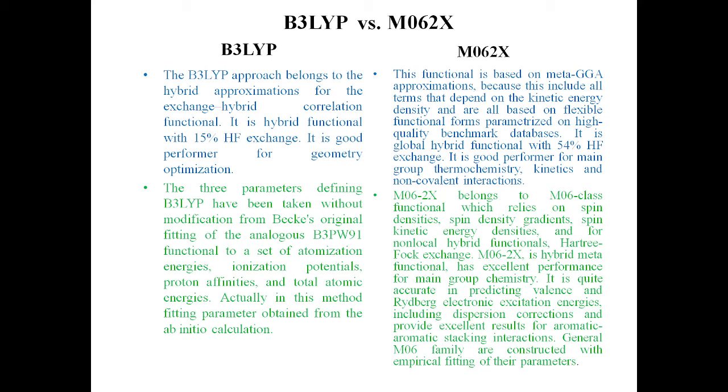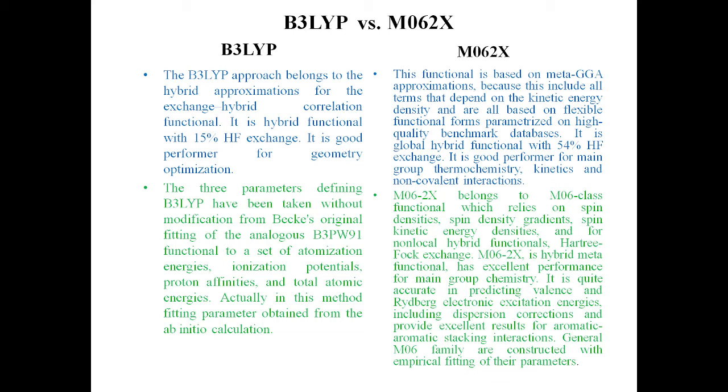The M062X functional is based on the meta-GGA approximation because this includes all terms that depend on the kinetic energy density, and are all based on a flexible functional form, with parameterization on a high-quality benchmark database. It is a global hybrid functional with 54% exact exchange. It is a good performer for main group thermochemistry, kinetics, and